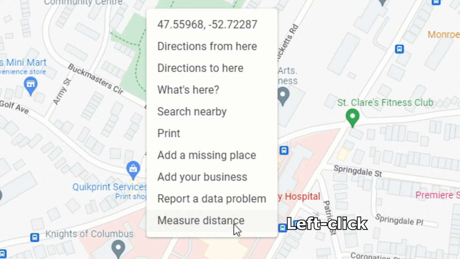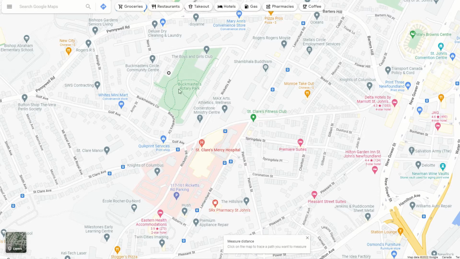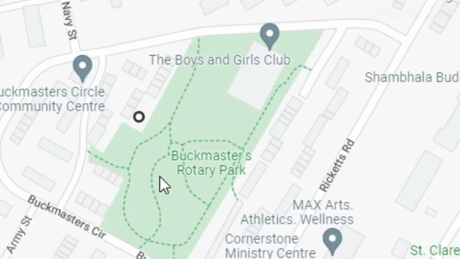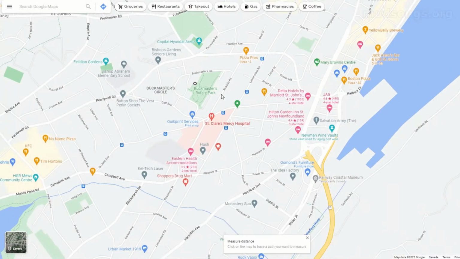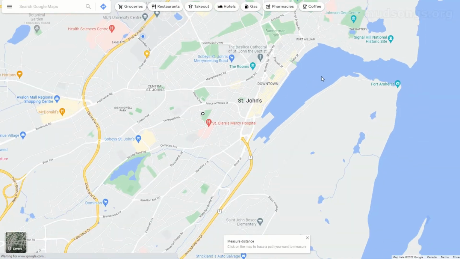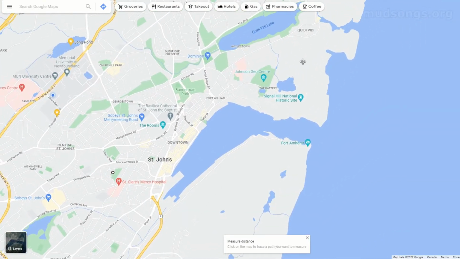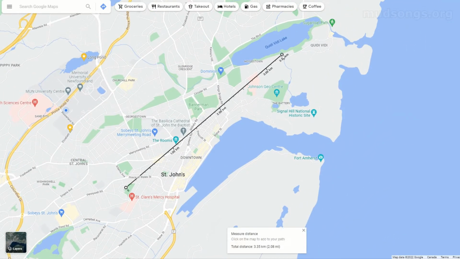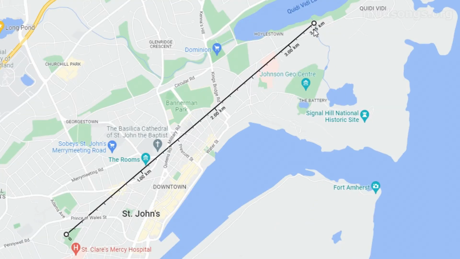Okay, and so the first thing that's going to happen is you're going to get this little tiny circle, and that little circle right there is the location of your bees. And then you just go wherever it is on the map, and you think, okay, can my bees go to my grandmother's house out in Quidi Lake? And you go, yep, it's a 3 kilometer distance from St. Clair's, where I used to keep my bees. And yep, the bees could definitely do that. They probably didn't, but they could.